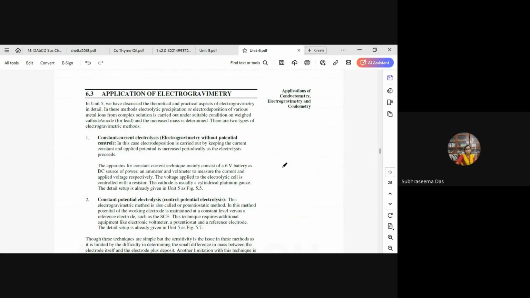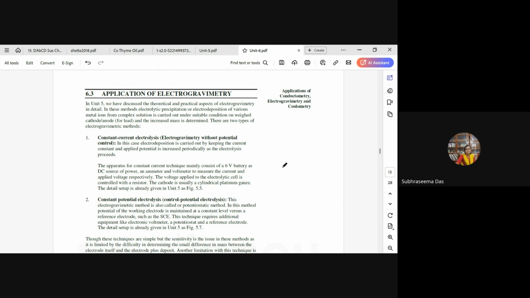Now coming to applications of electrogravimetry. We know there are two types of electrogravimetry: one is constant current electrolysis and the other is constant potential electrolysis. In constant current electrolysis, the electrodeposition is carried out by keeping the current constant and